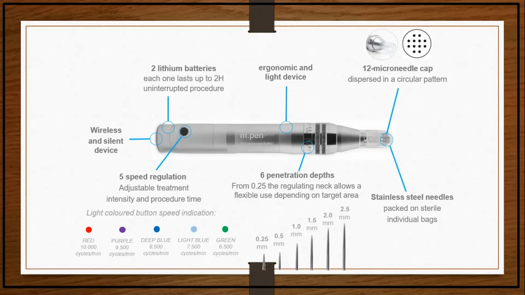Yes, this is how the M pen looks. Dr. pen is also somewhat similar, but with a wire connected. But the M pen is free of wire, and it has multiple needle tips at one end of the pen, and it is wireless, working with a battery. We can control various speeds, which are given in color codes at the end of the pen. Next, please.